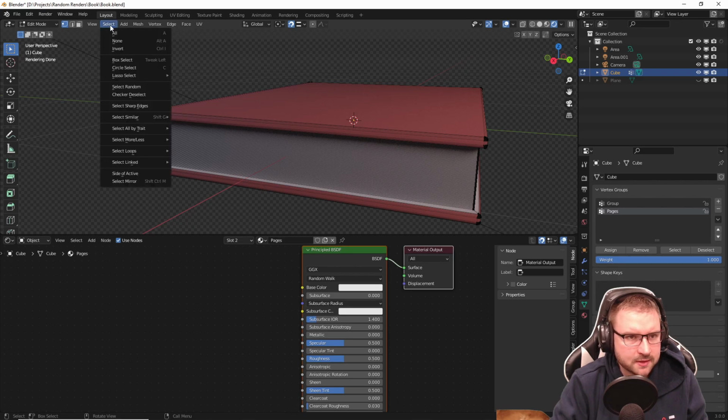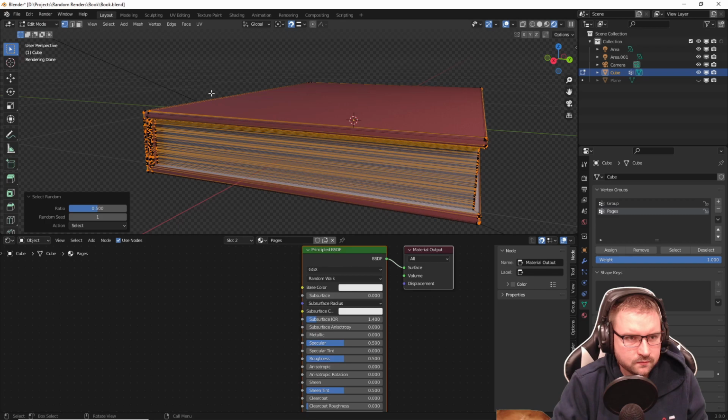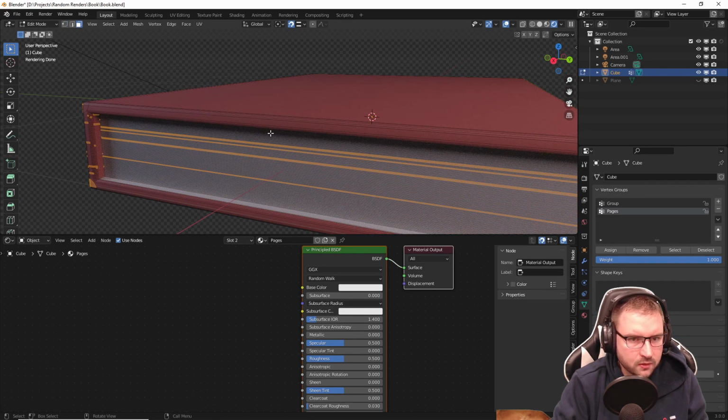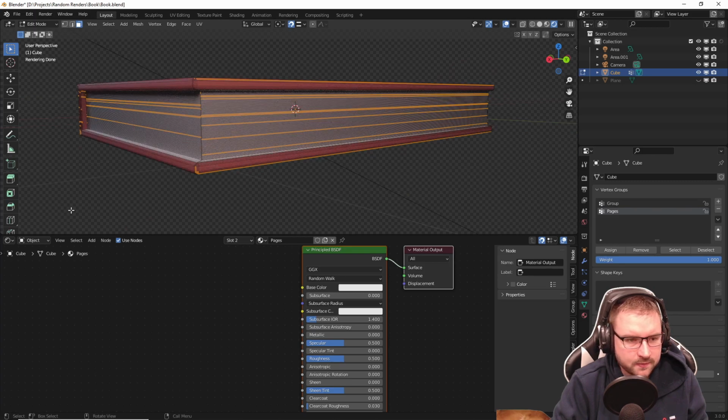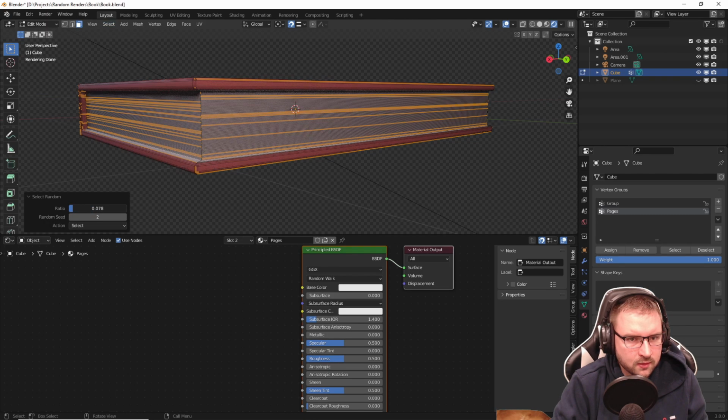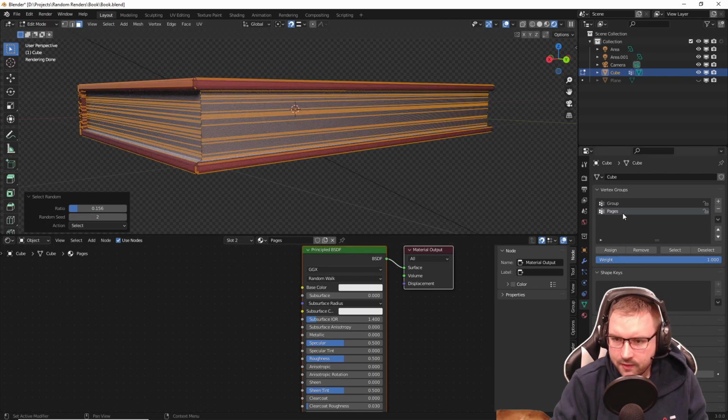Okay, so let's go to select random. And that's selected vertices maybe. Alright, that's selected random faces. Okay, that's good. Let's do that again though. Let's go select random. Dial this up. And now I should be able to